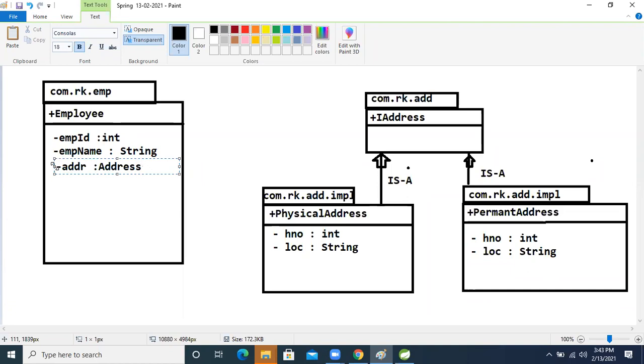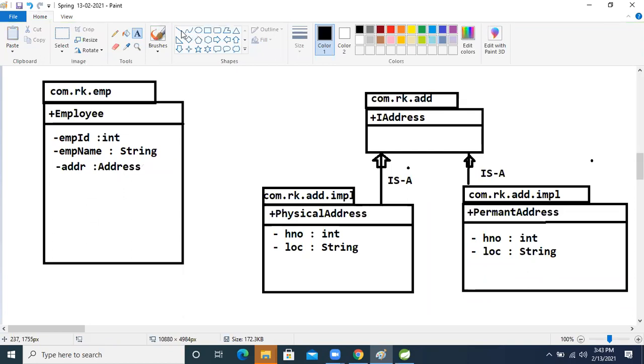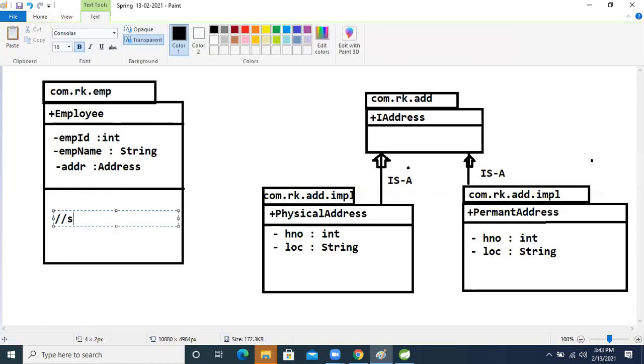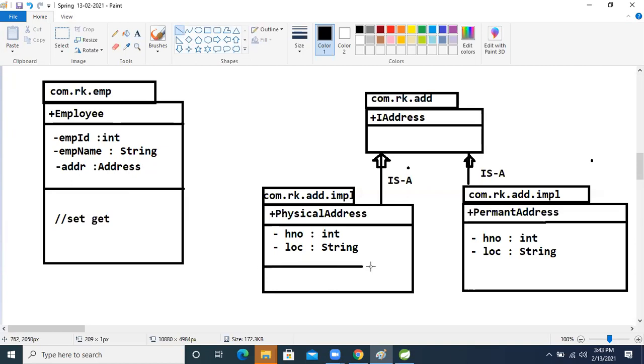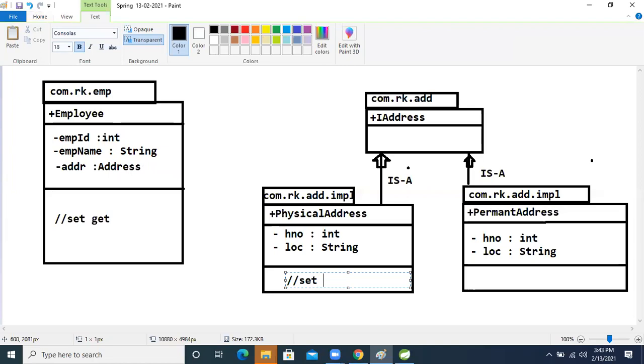Okay, now we have taken it here. After that we will perform the setter getter methods, here and the same here also. Here also set get methods.